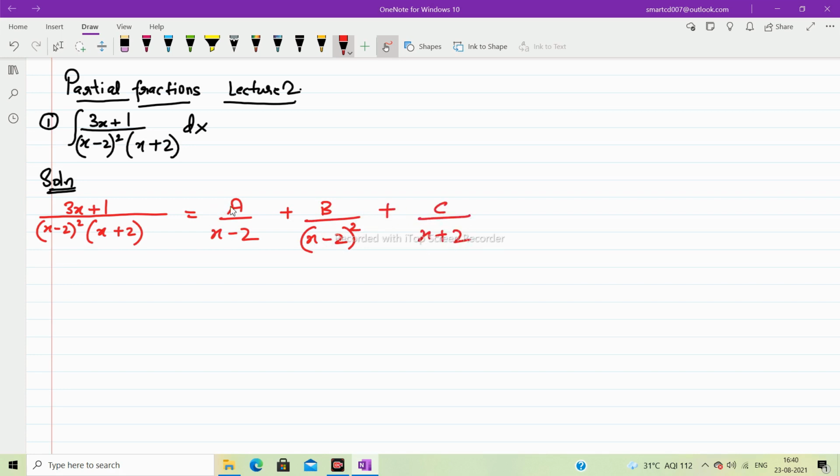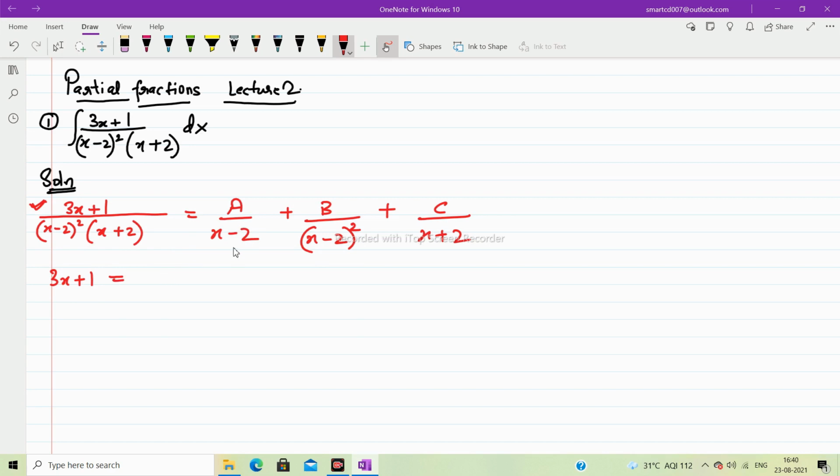So we want to find the values of a, b, c such that this rational form can be converted into this partial form. This will only happen if we take x - 2 and (x - 2) the whole square, right? Once we do this, we just have to take the LCM, and we have to be very careful when we take the LCM because here we have repeated factors.